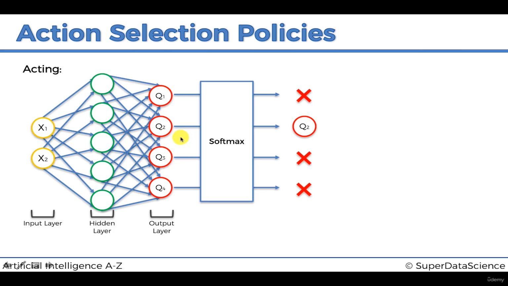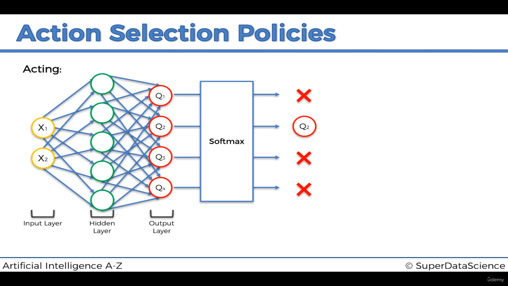Well, if you think about it, Q values are simply the predictions for the Q values. So as we did in the simple Q-learning algorithm, what did we do? We just selected the one with the highest Q value. Once we have the one with the highest Q value, we just take that action because it brings us the highest Q value, and we know that Q value is calculated as the immediate reward that we expect to receive plus the decay factor times the value of the next state, and it's a recursive calculation. So why wouldn't you take the best Q value? And that's kind of the end of it.